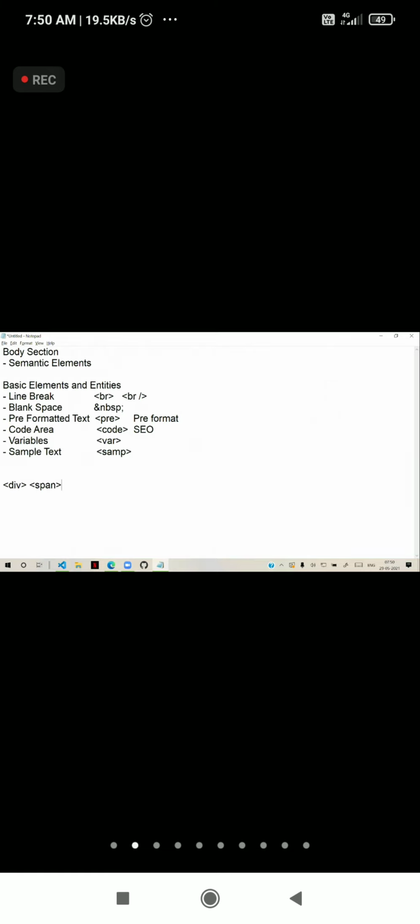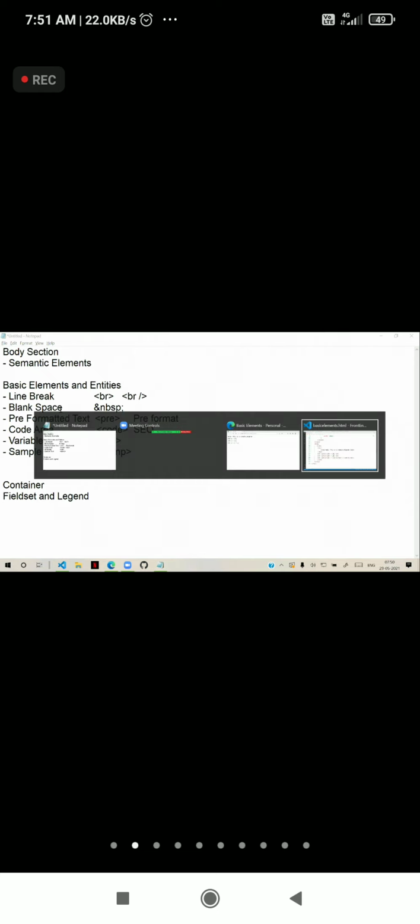But some containers are used for a special appearance. For example, we have a container like field set and legend. While presenting the content, you have the field set and legends.